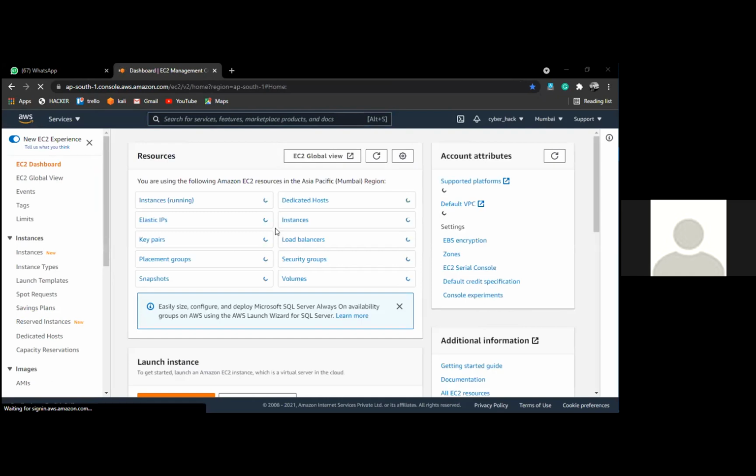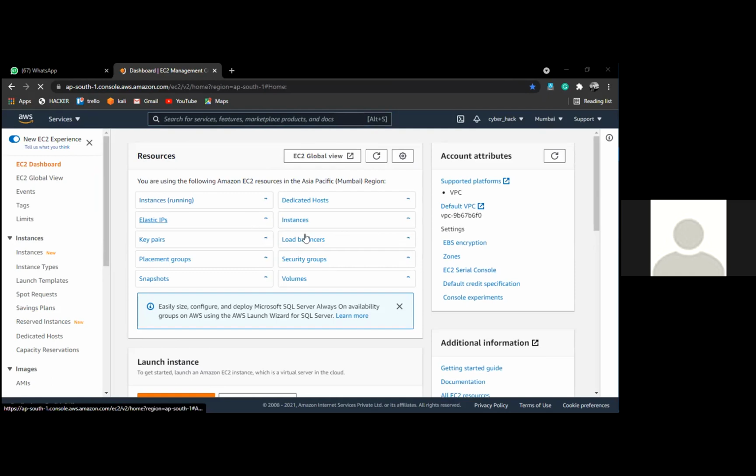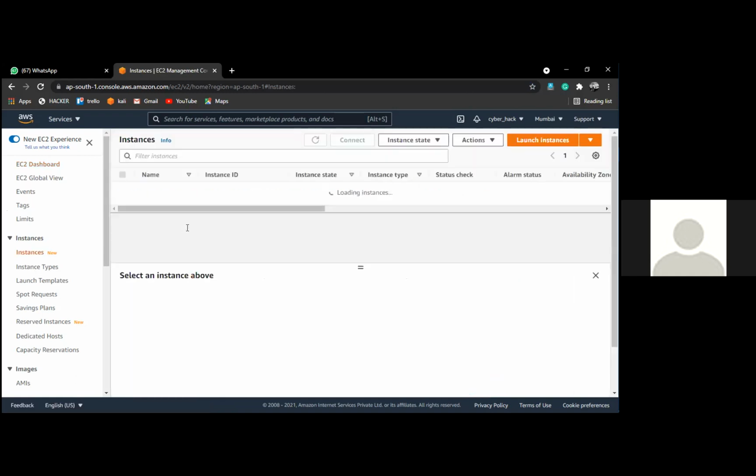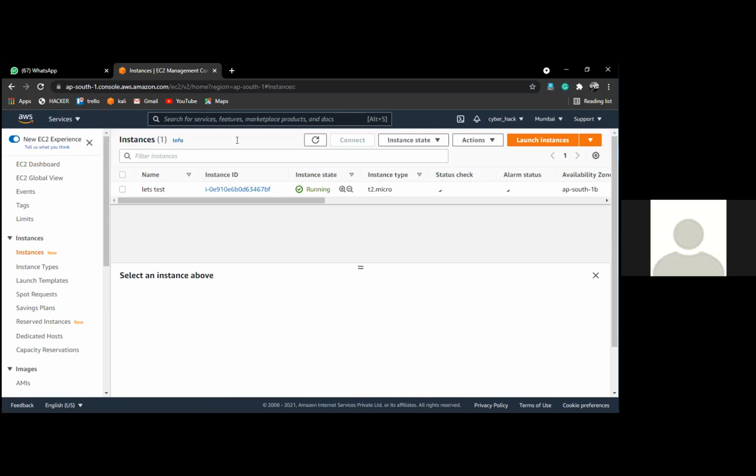Now you can click on instances on the left hand side. Once you click on instances, you're going to get a list of instances and then you have to scroll down. Here you can select the instance, the test instance, from the checkbox on the left hand side.